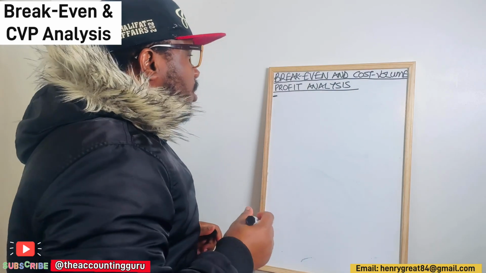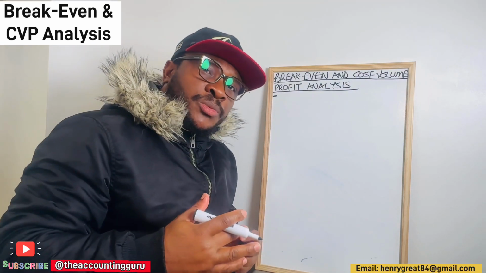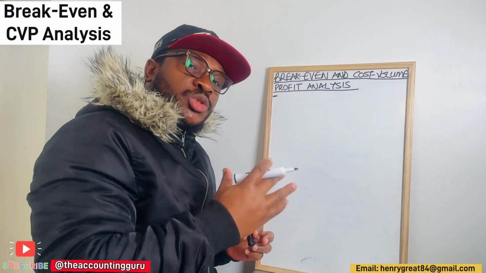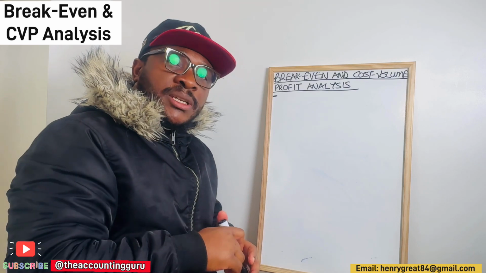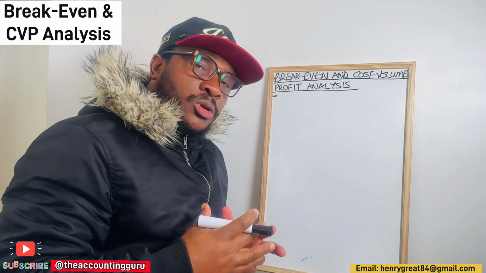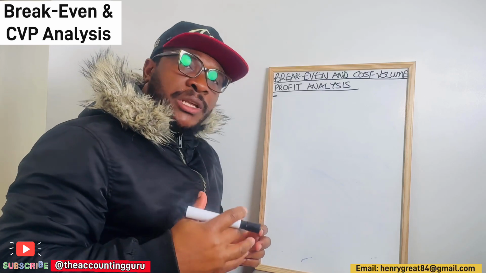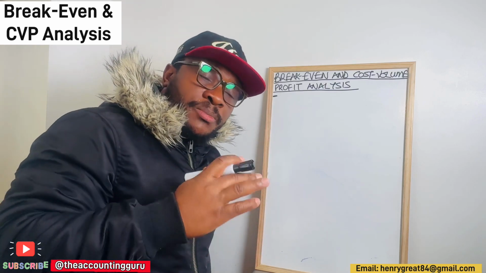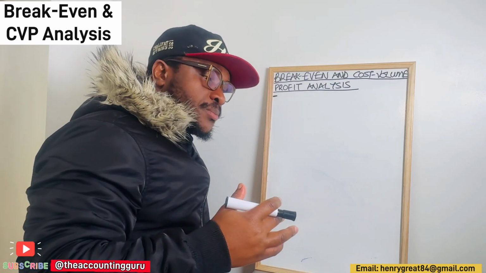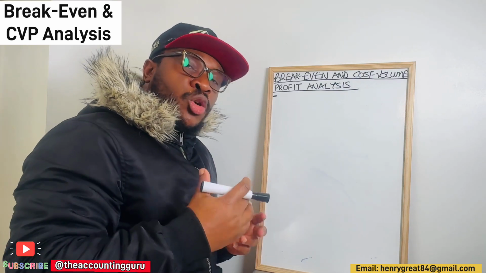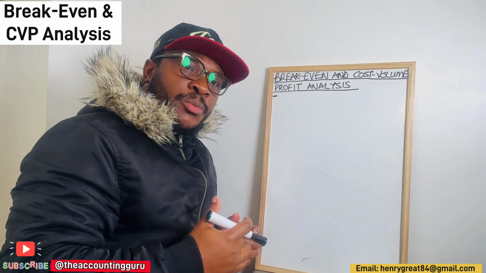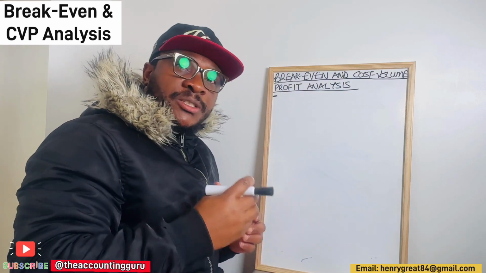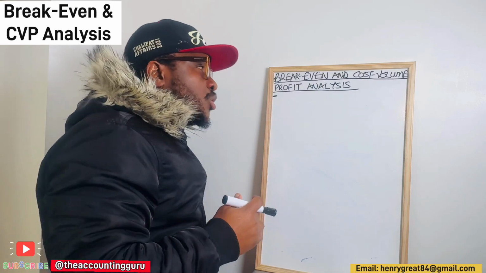All right, so we continue by looking at the relationship between units sold and fixed cost. It's important to note in this video that variable cost in total is different from variable cost per unit. Variable cost in total is dependent on units sold, like I said earlier, while variable cost per unit is fixed. It does not change irrespective of the units sold. Okay, so let's look at the relationship